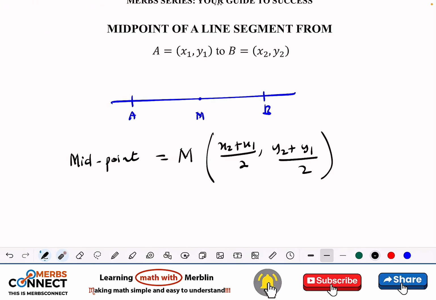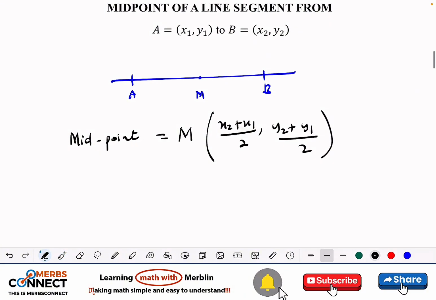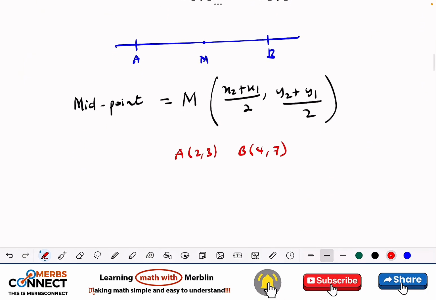If the points are given, let me pick a quick example. For example, if I have A to be (2, 3) and B to be, let's say, (4, 7), then what will be the midpoint? The midpoint of A and B will be equal to